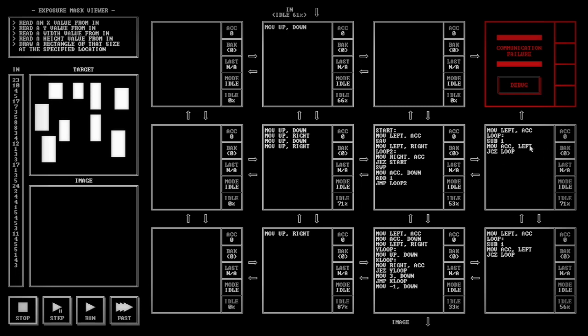Or what I could do is I could have this one communicate with this one and tell it to reset. So basically this one could send this one a number, telling it, keep going. Right? So here it could say move up